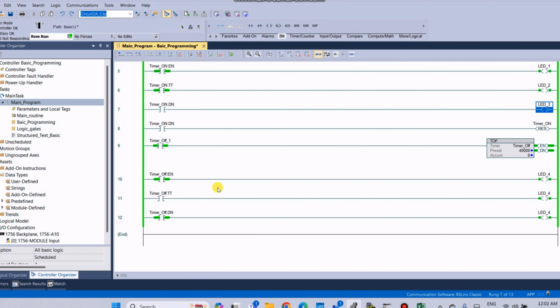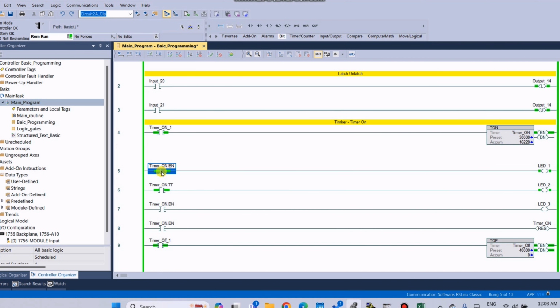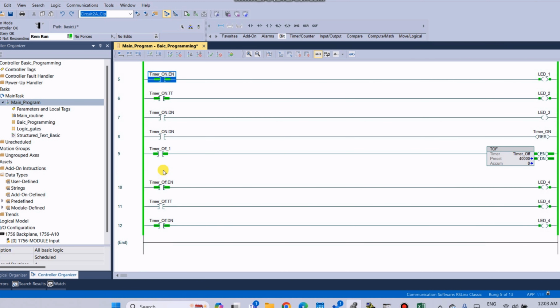But in case of timer off, when the supply of the timer off goes on, initially the enable bit and the done bit start on. But in case of timer on, when the timer is on, then the TT bit and enable bit start on. So there is only one difference,